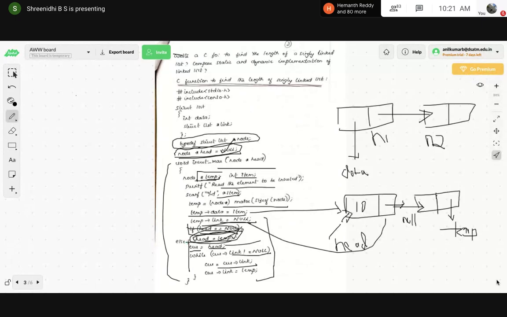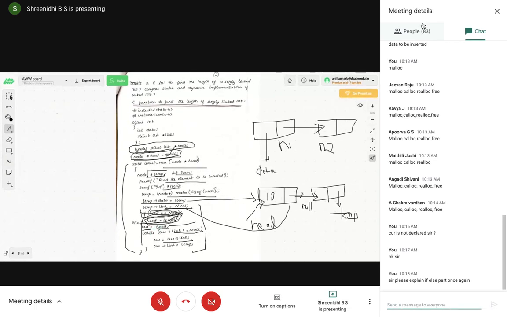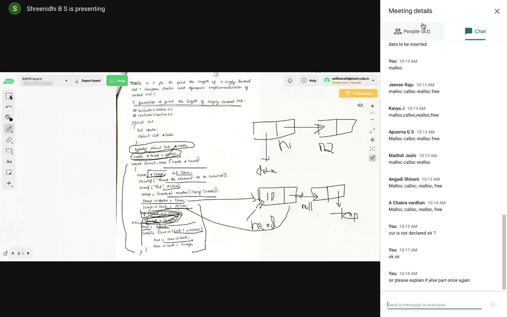At that time head will not be null. So then we will assign the head to the current variable. If the current link is not equal to null, then we will assign current is equal to current link, to the next node to be connected. Then it will be linked to the temporary variable. That is nothing but a swapping of the data. This is nothing but the previous temporary's next link being connected over there. Is it clear?